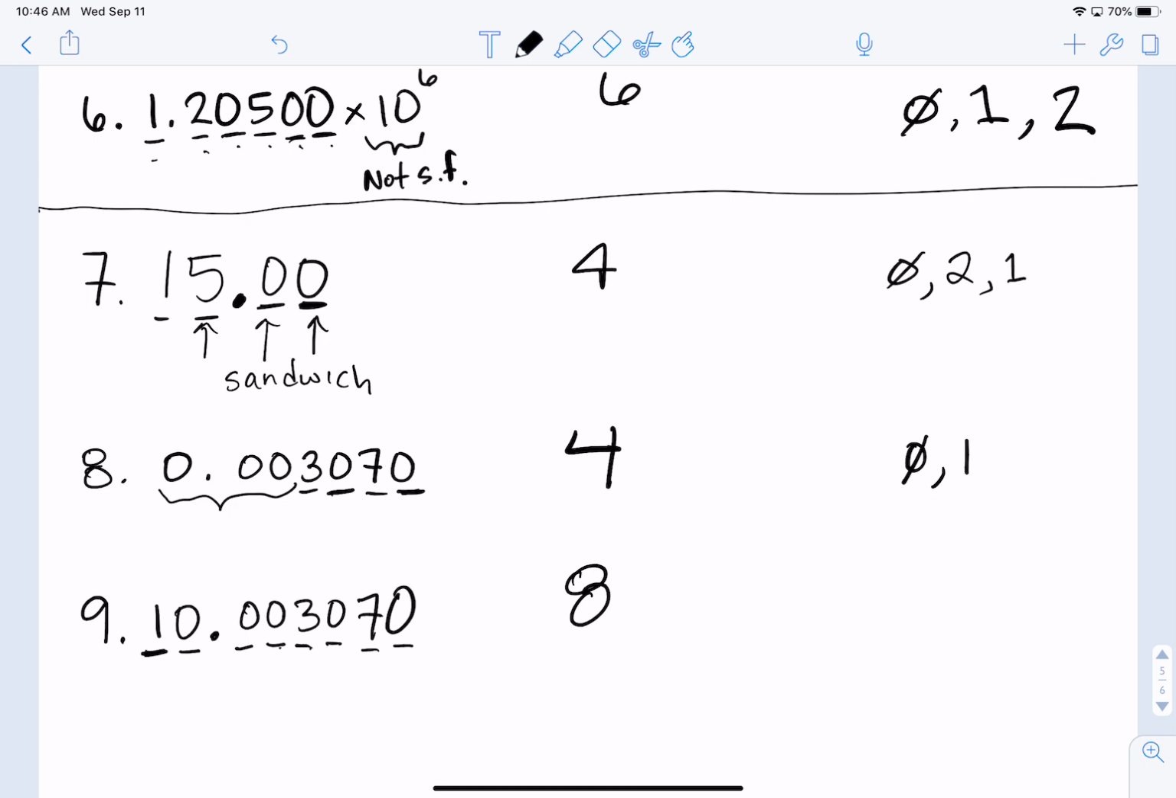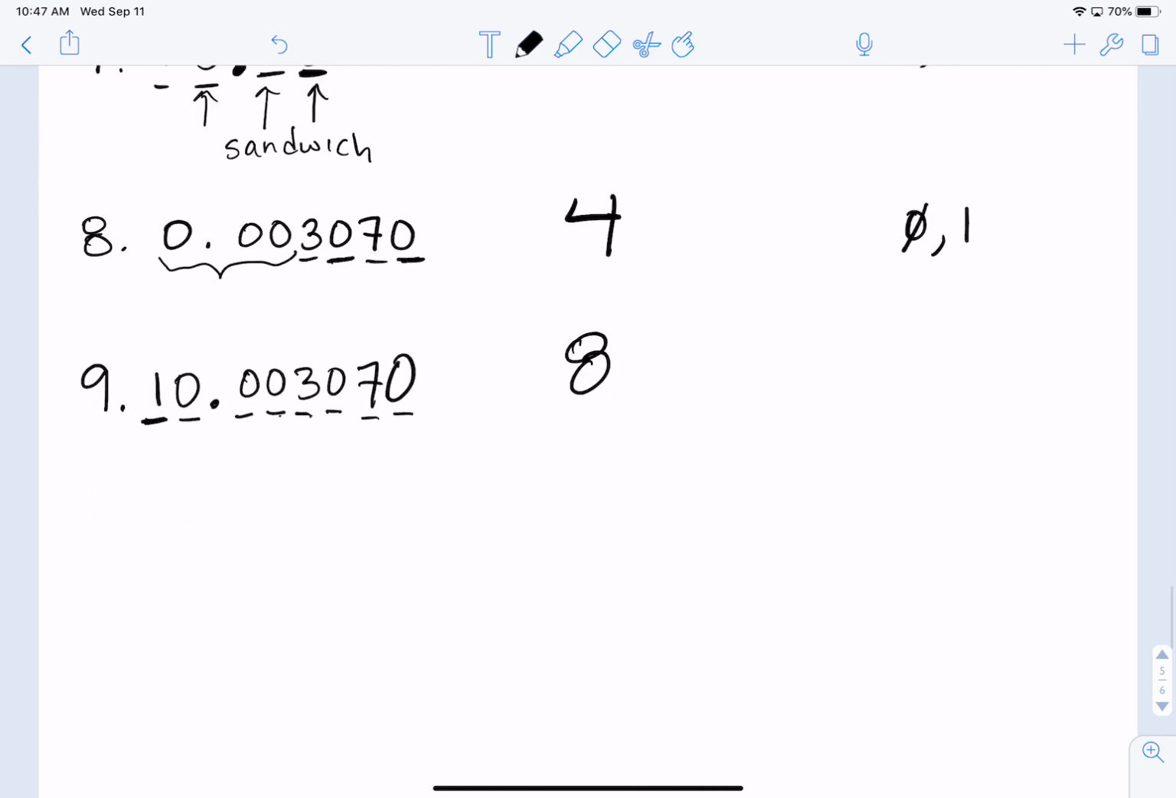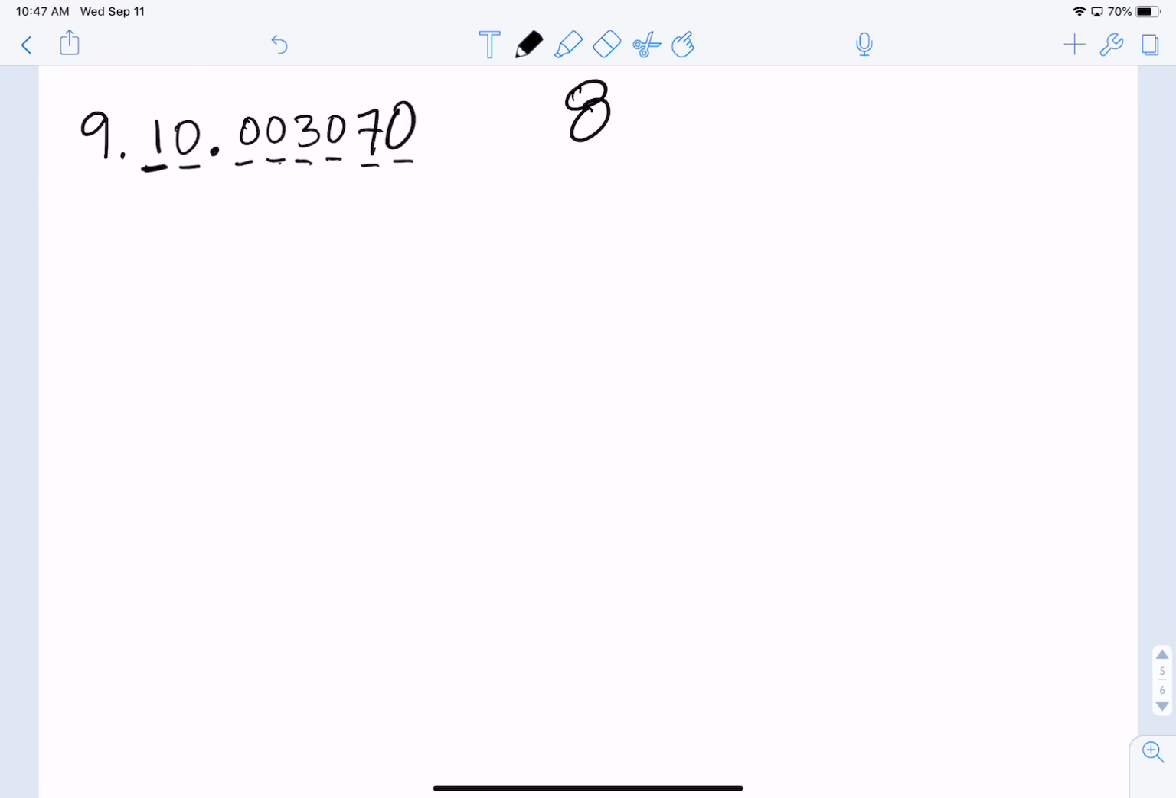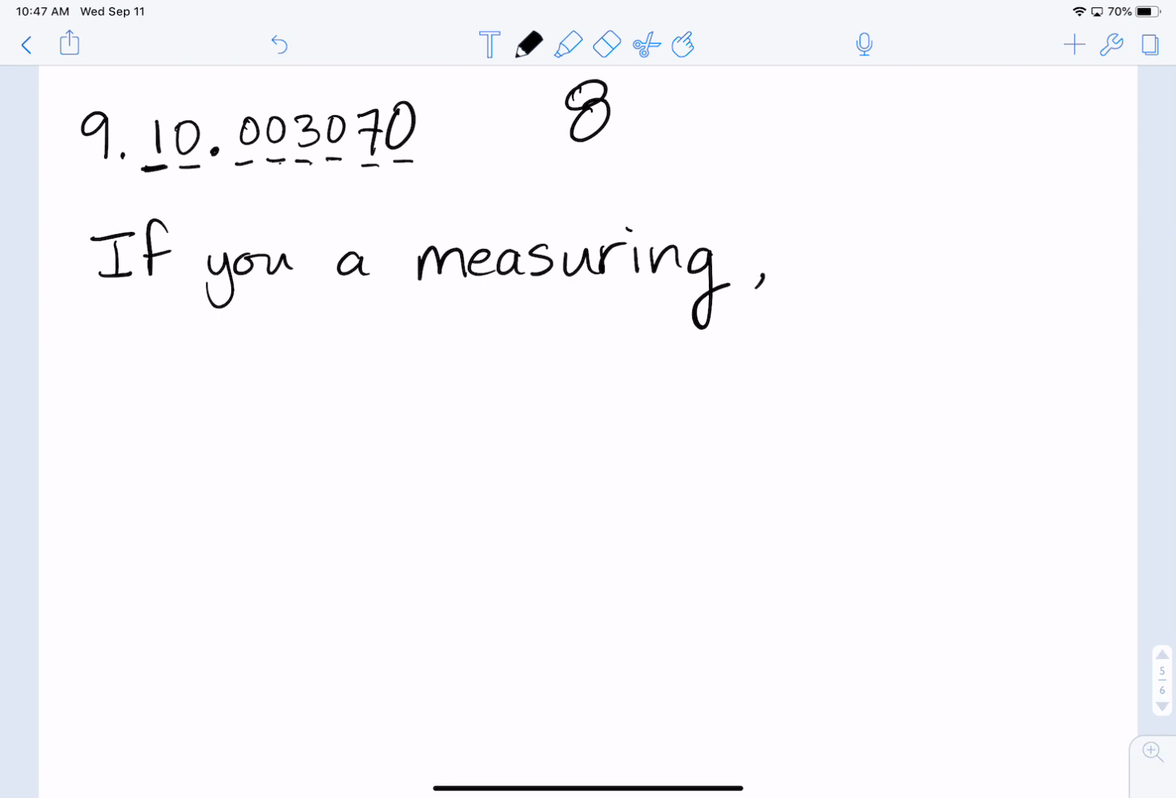All right. So what I'd like to do right now is tell you about reporting. If you are measuring, now measuring could be with a ruler, it could be with a scale, with a graduated cylinder, with a beaker, with a thermometer, right? So you can measure a lot of things. If you are measuring, you must report